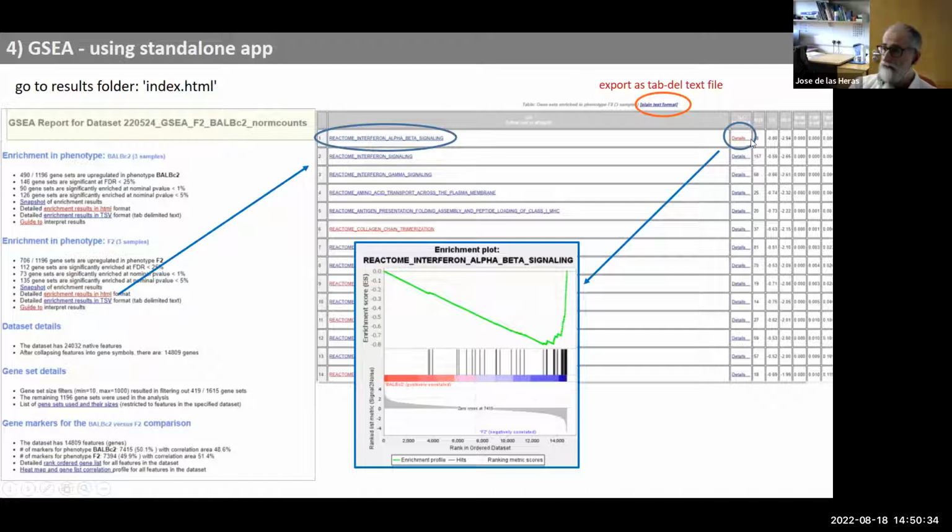And after this table, again, you can export it as a tab-delimited file, so you can filter it as usual, and then everything that I showed you for g:Profiler applies. You could use Revigo for things based on gene ontologies, or you can use another approach like the one I was using, or some other, to reduce your list and then visualize it in whatever way. So that's